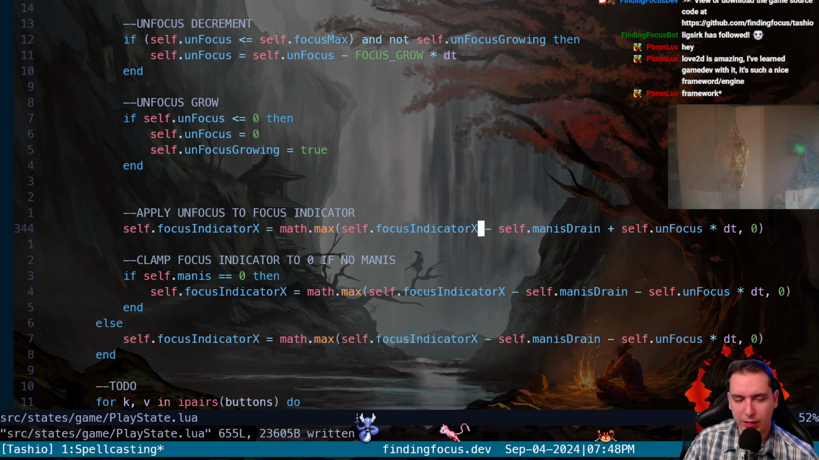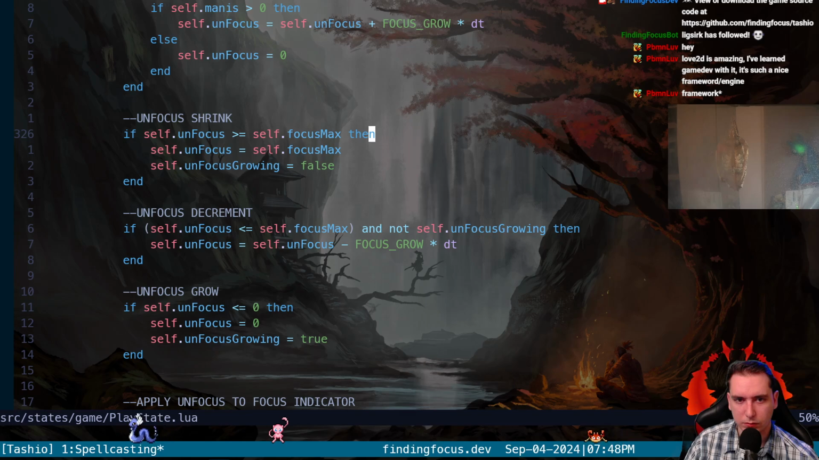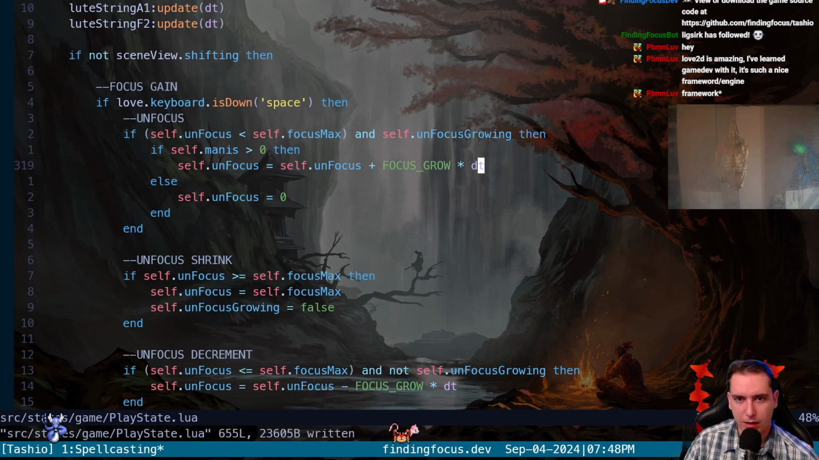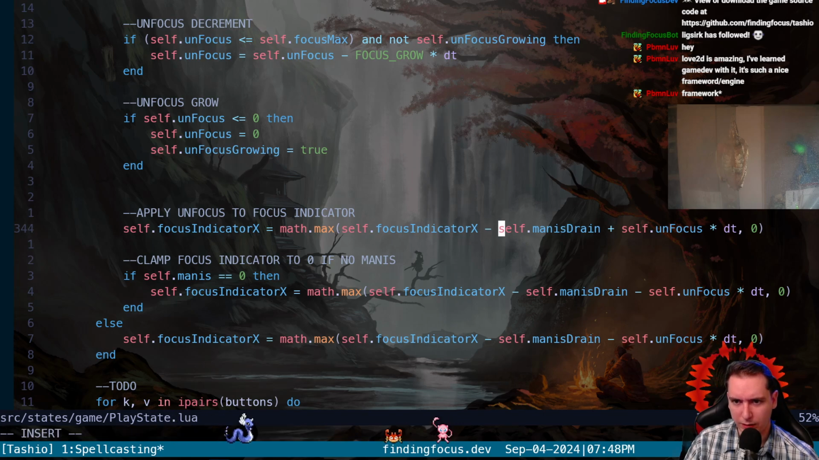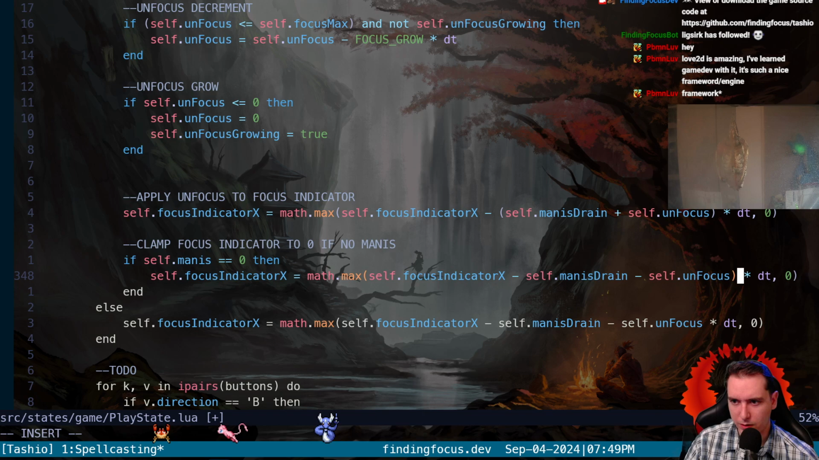I guess I don't like this idea where we say focus indicator X minus mono strain plus unfocus times delta time. I think that's a little jacked up. Every time we apply delta time, let's just make sure we're modifying everything but the original value. So this looks right. This looks right. But these ones look weird. So let's try to first do this difference, then multiply by delta time, and then subtract that value. Let's try that and see if we get a focus indicator that's actually moving